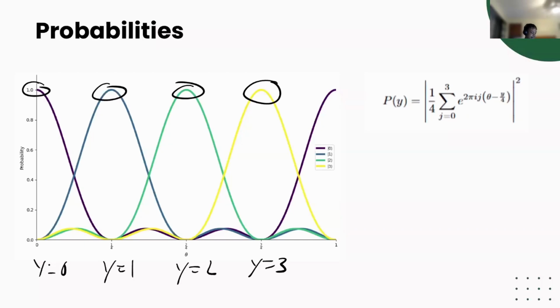And again, the same way, if we measure 0 and we're guaranteed to have one of these y values, then we know that when we measure state 0, our y must be equal to 0. And if our y is equal to 0, then we know that our theta is equal to 0, and so on and so forth. If we measure 1, then we know that our theta should be 1/4. If we measure the state 2, we know that our theta should be 1/2. So hopefully that makes a little bit of sense.